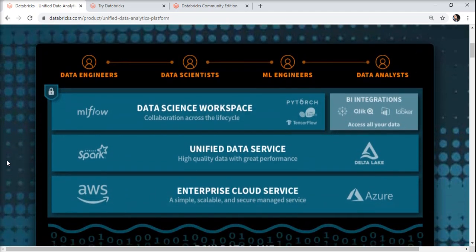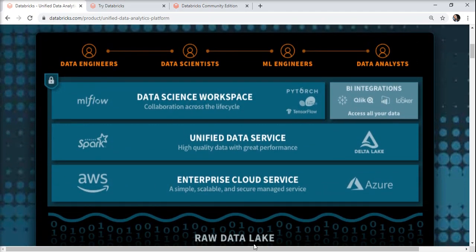What they explain on their website is, if you have a raw data lake, you can have enterprise cloud services integrated like AWS, Azure. You can have a unified data service which can process on top of Spark, because Databricks was invented by the original creators of Spark, and they have created the Delta Lake environment, which is very popular nowadays because it's a data lake with ACID compliance.